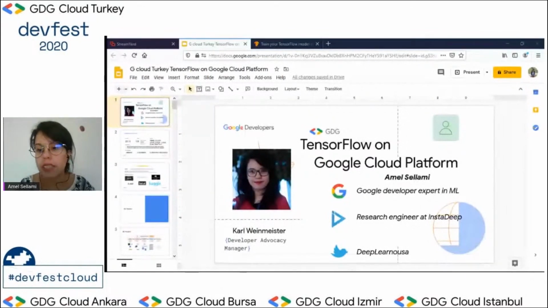Basically, there are two types of machine learning problems. The first is when we do research, trying to find new architectures and hyperparameters, and give new insights to the machine learning community.